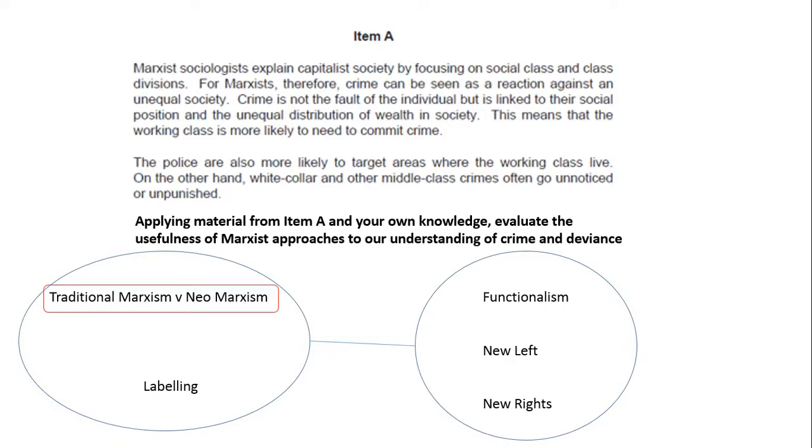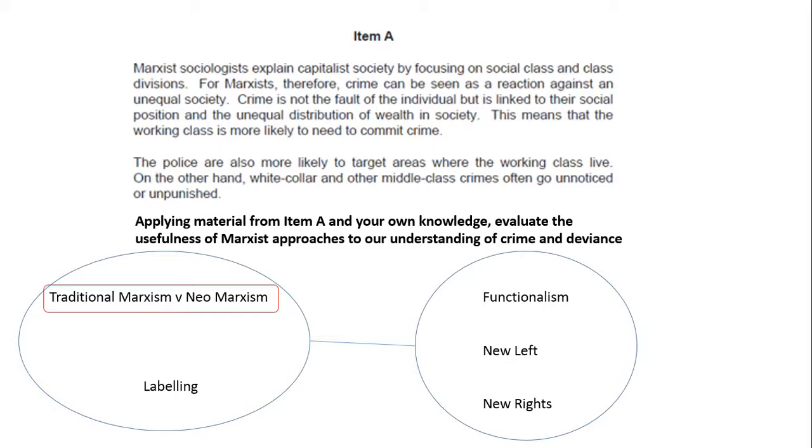Now, in the little bubble on the right-hand side, there are some opportunities to do some external criticism. You wouldn't have to use all of them, because the answer that got 28 out of 30 only used Marxism as an external theory and a little bit of subcultural theory to evaluate functionalism. So you could criticize Marxism from a functionalist perspective, because functionalism says society is based on consensus, collective conscience and social solidarity, and it's not all about divisions and inequality. Or you could look at it from a New Right perspective,